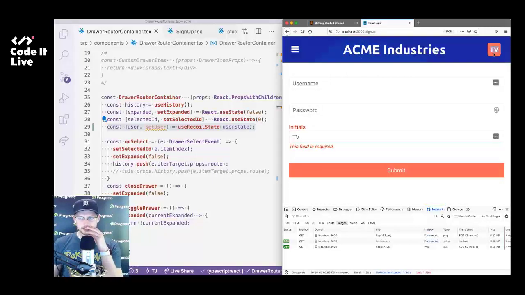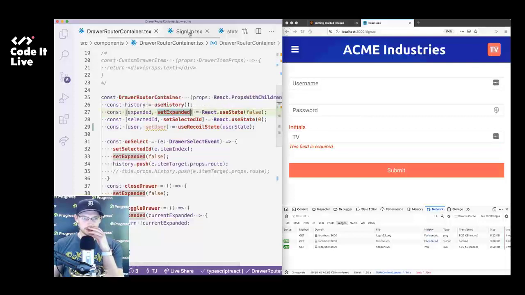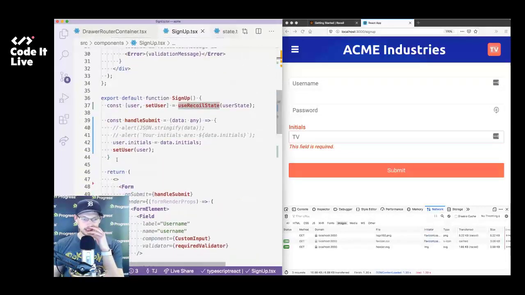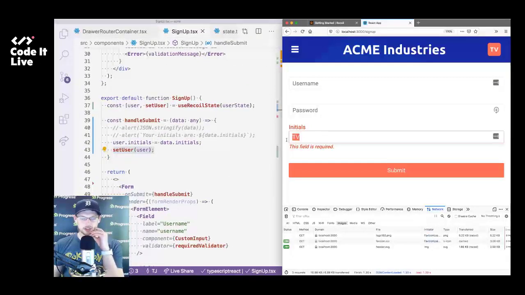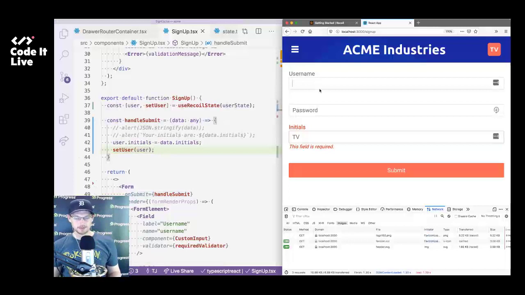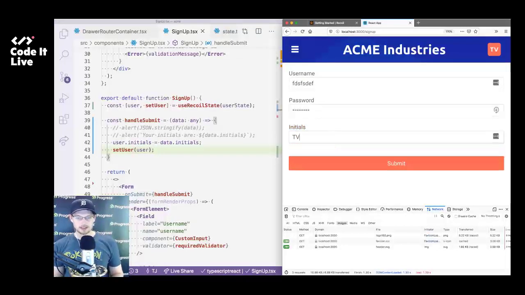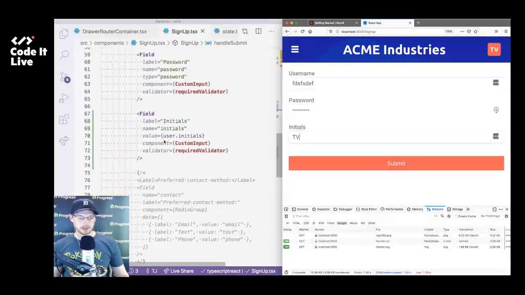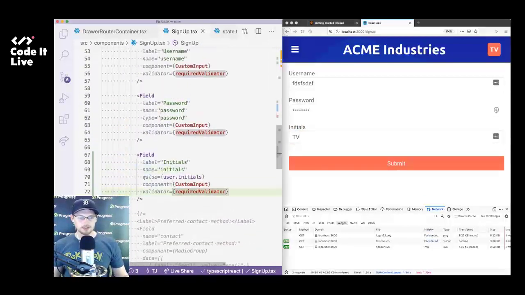And so this state is controlling the initials here and also the initials here. What should happen if we did this correctly is it's not changing it on the fly, so there's no on change here. But as soon as I submit this form, I should hit this handle submit, and the initials should update. So it's going to make me put in valid data, and if I put in my initials, oh, I think I do need an on change here, because